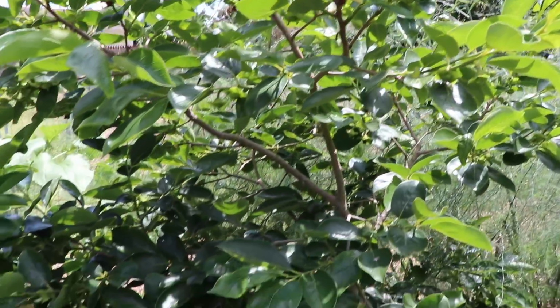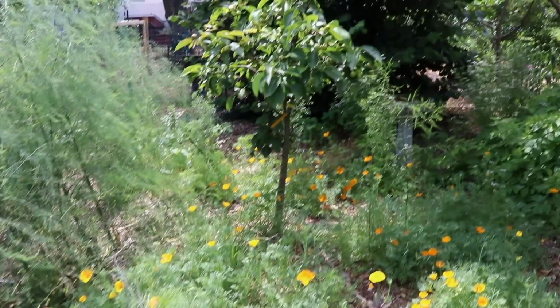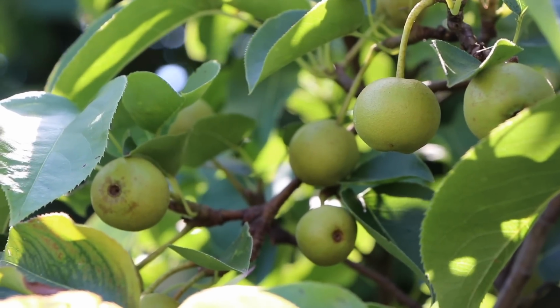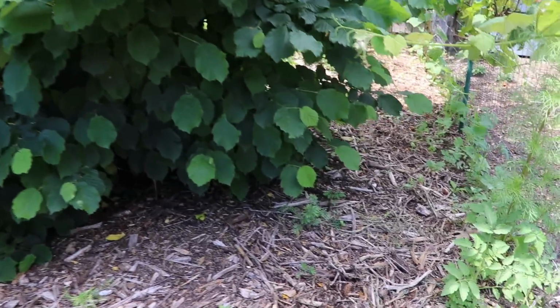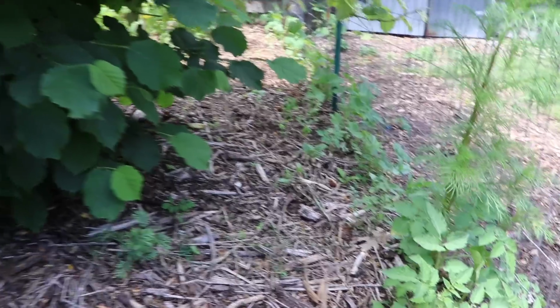Here we've got a beautiful looking persimmon, Nikita's gift, and I can't wait for that baby to set up. A late producer. That Asian pear tree is doing excellent. All of our pears are doing real well. That's our most reliable crop here. We knew that going into it, and that's why we added a number of new pears into the new food